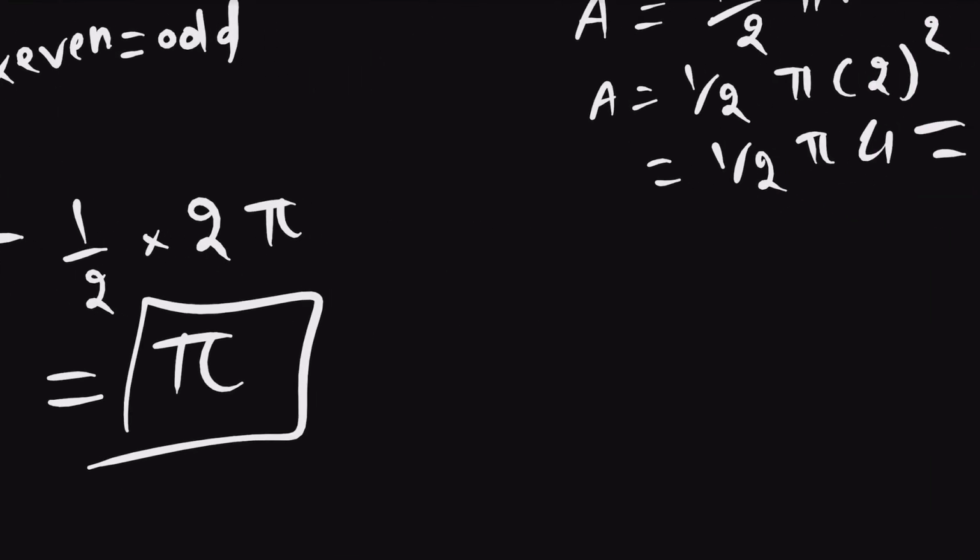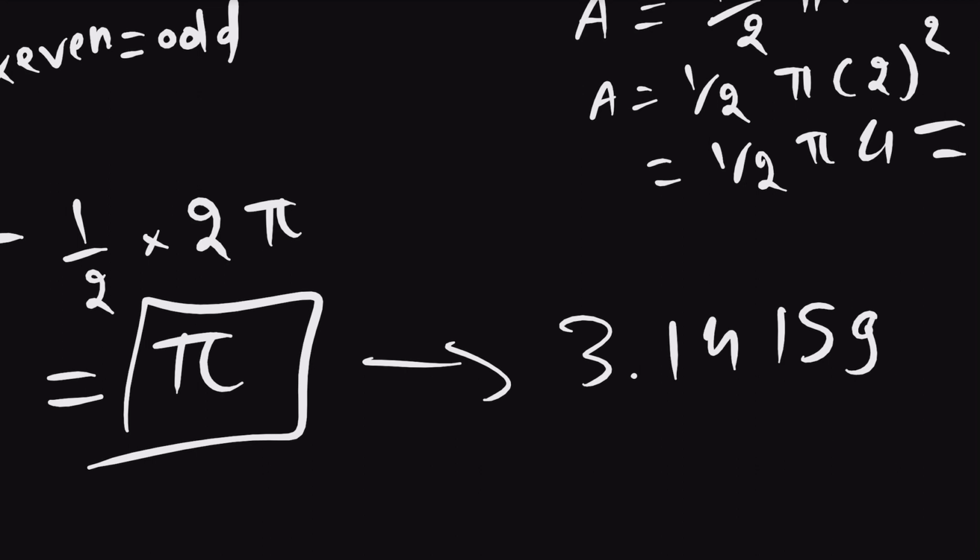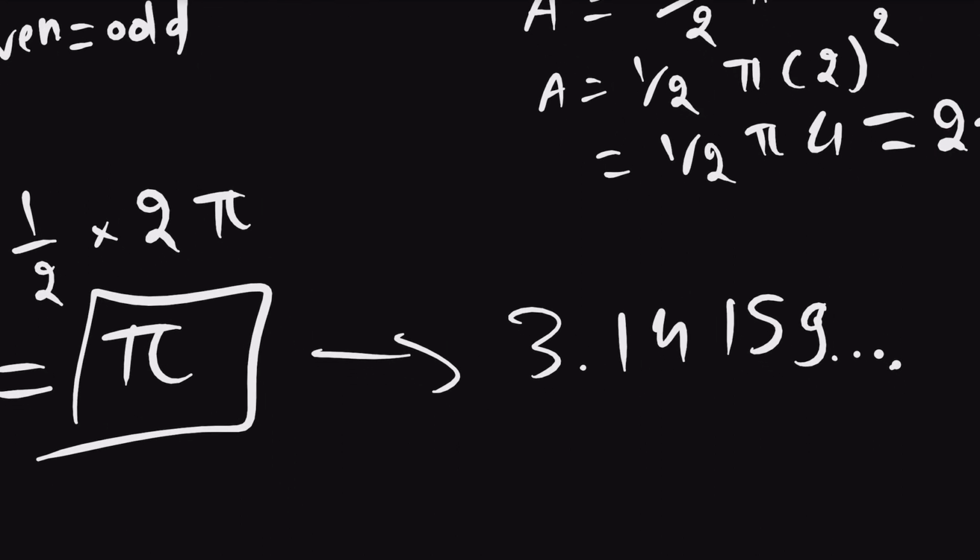However, we do have to type out the first few digits, so let's just do it. 3.14159, and it goes on and on and on since it's irrational. And so this is how you get this